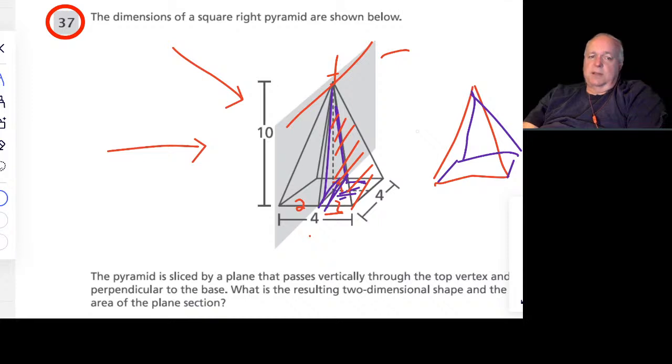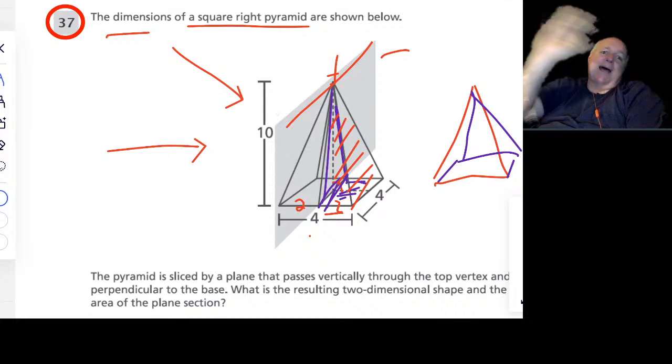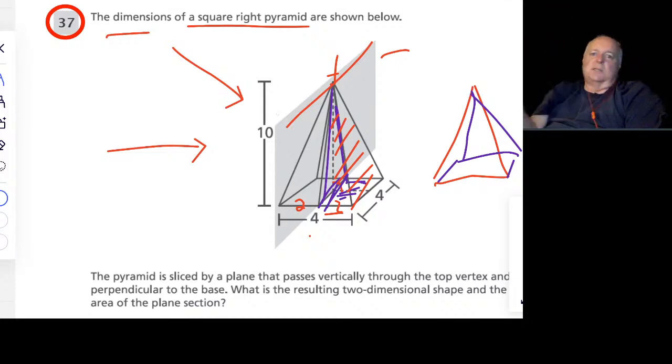So it says, let's now look at the words. The dimensions of a square right pyramid. So square pyramid means the base is a square. It's right because it's not twisted in any way. Each side, each face is exactly equal. It's not twisted in some way. It's a regular pyramid, right? There's irregular shapes. For instance, like